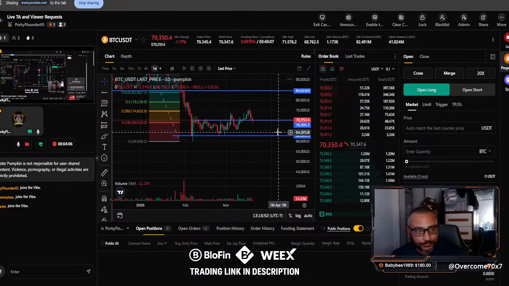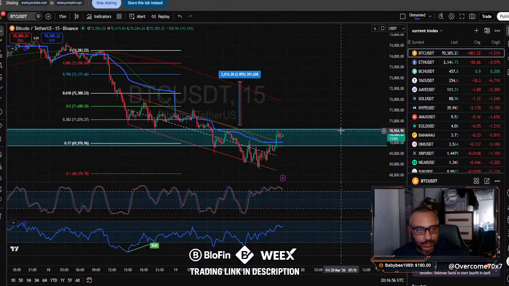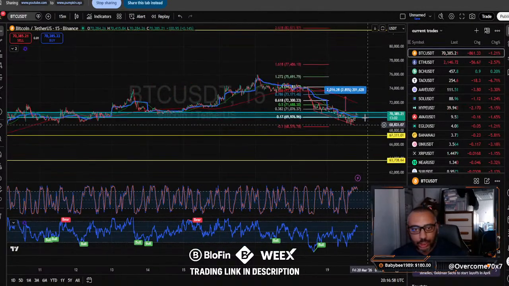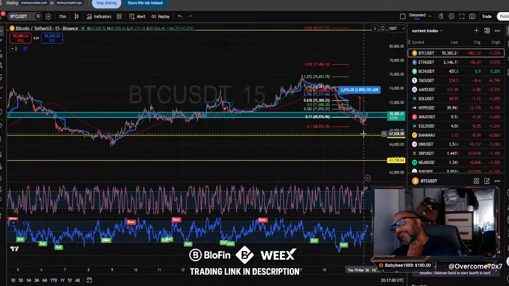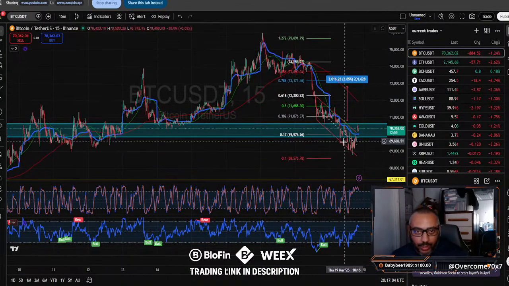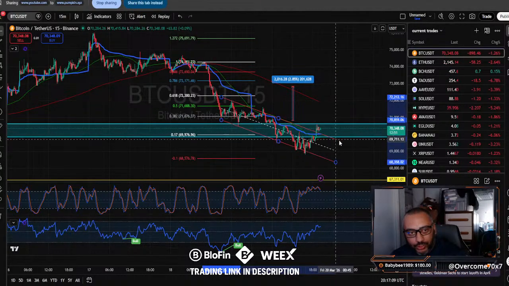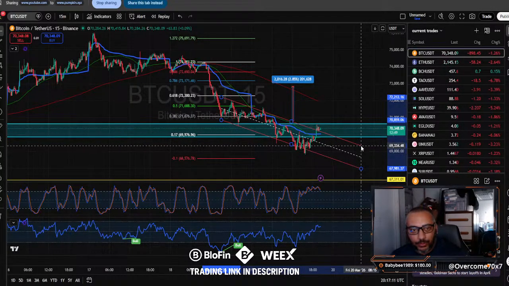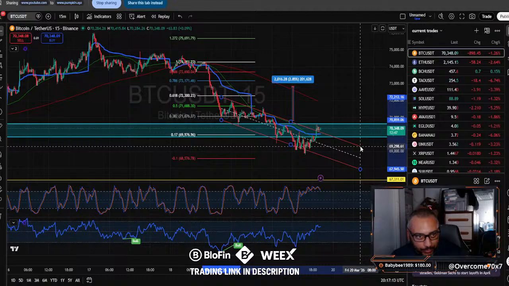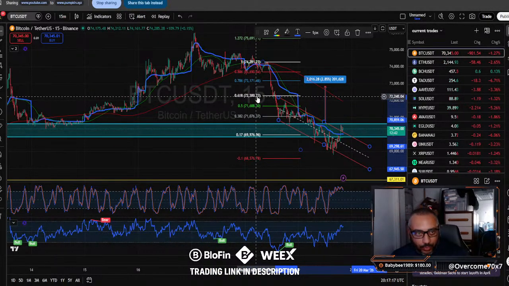Alright. You know, doing it on this tiny little screen is painful for my eyes. We're going to go into the larger screen here. So looking at Bitcoin as of how I had it written up and drawn up from yesterday, we did have a falling channel. We have broken bullishly out of the falling channel. So everyone wanting to stay hyper bearish, it's going to be a little hard to stay hyper bearish. Now we're looking at a possible run to